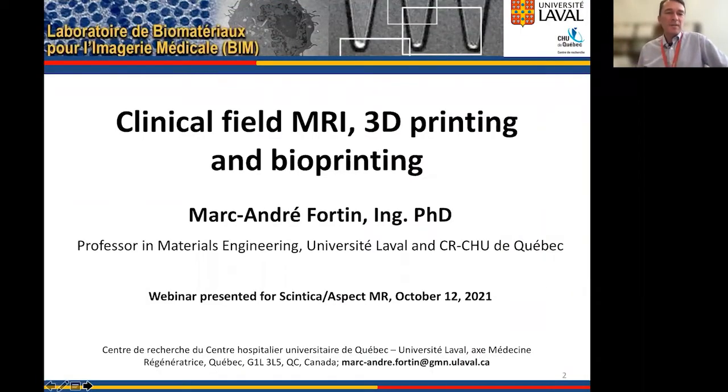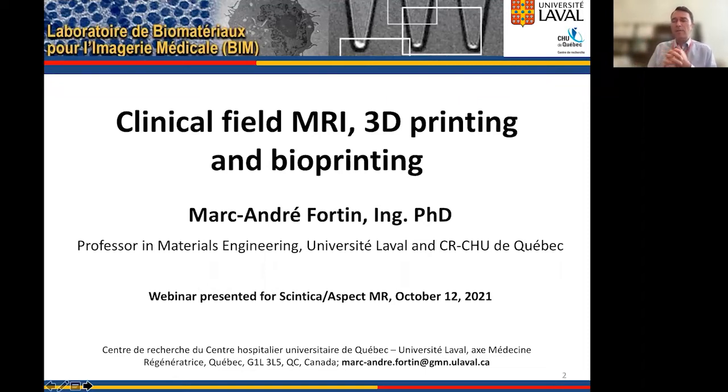Today I will speak about the clinical field MRI system aspect and all the different types of applications we went through in the past 11 years of operation of that system. So I specifically introduced gradual steps from the basic first introduction of the system in our lab at a very critical moment of our lab, where we were implementing the development of